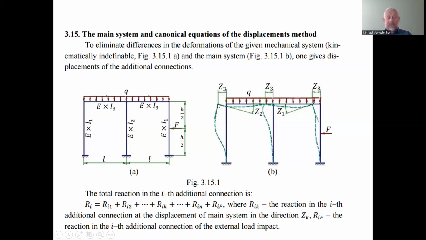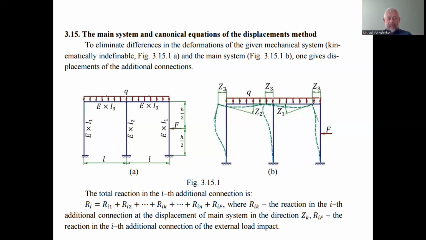This is a rigid node of the mechanical system, and we have to put in these two nodes the sliding embedding, not limiting the horizontal linear or vertical linear displacement of this node, left or right, but the sliding embedding limits the rotation of the nodes, rotation Z. Okay, so this would be the system of the displacement method to determine the forces depending on the displacements in